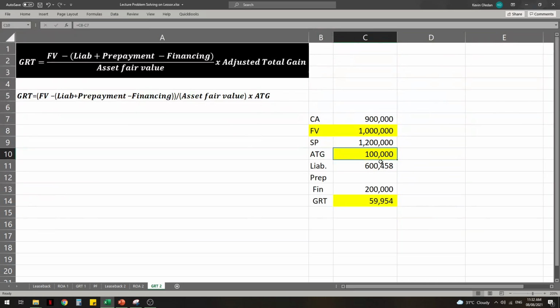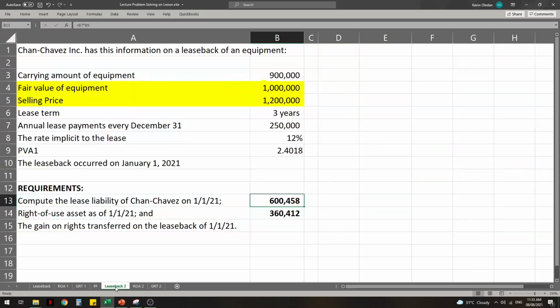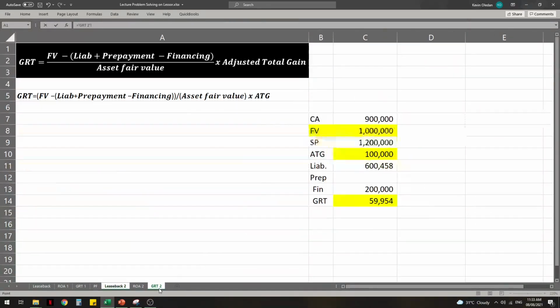I will not be illustrating any more prepayment since if prepayment, guys, you will only have to input the data here. Okay? Basta alam mo na kung ano gagawin. The same formula will apply except this time instead of deduct, i-add mo. The same goes for ROA. Instead of deducting, i-add mo. Ulit, di ko na po i-illustrate yan. Instead, we will proceed to your handout.